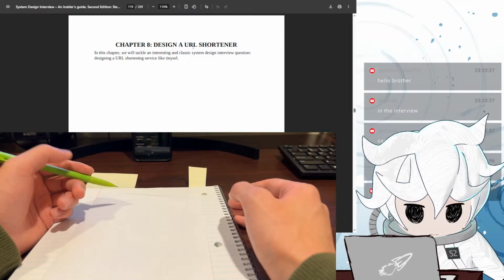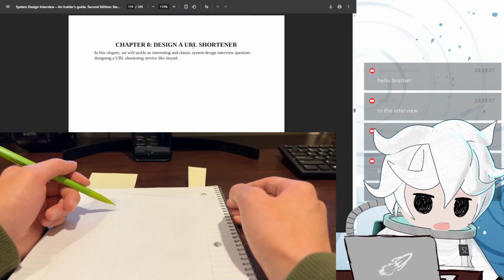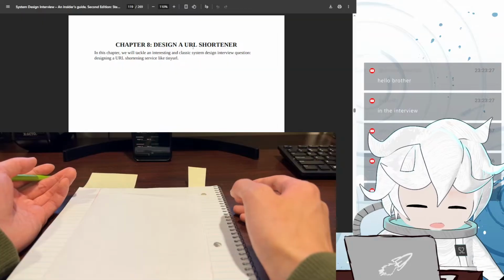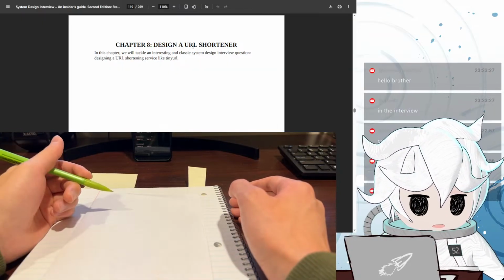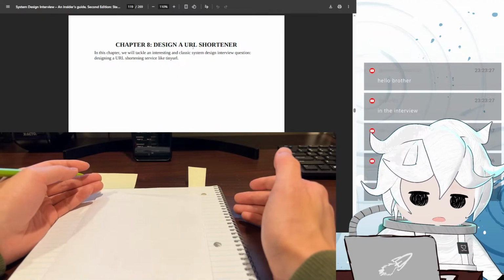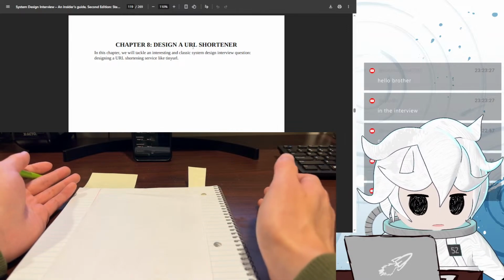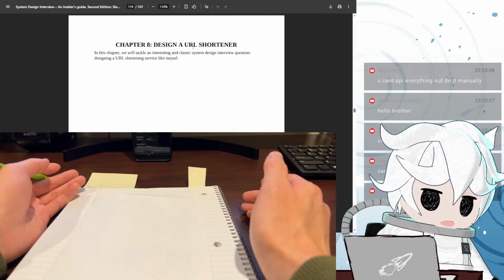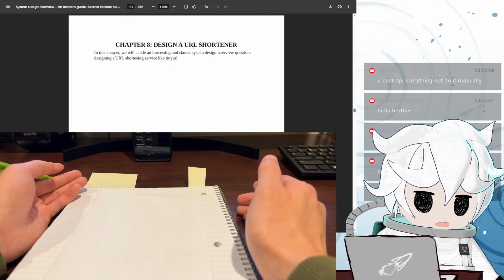database. Okay, the question is, how the heck do we get a browser to recognize the short URL? Like, we have no control over that, right? How do we do that? That's my question. Maybe that's something I'll just have to read. But let's say you have some sort of API to convert the short URL back to the long URL. That's probably something we need, right? Maybe the browser can call that API or whatever. You can't API everything out, do it manually. Really? If not API, then what else do you do?